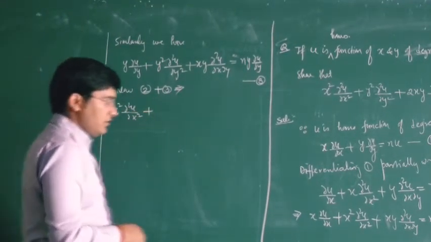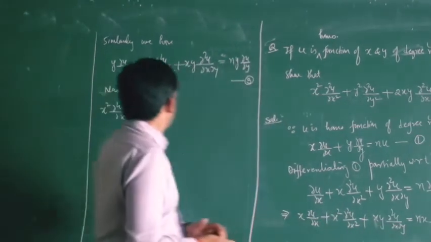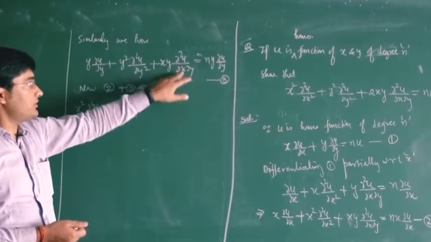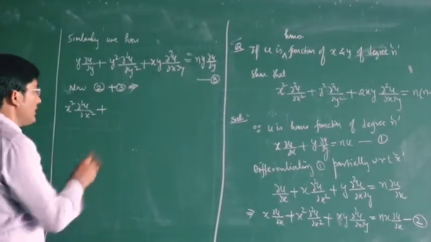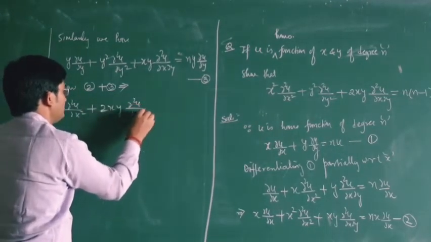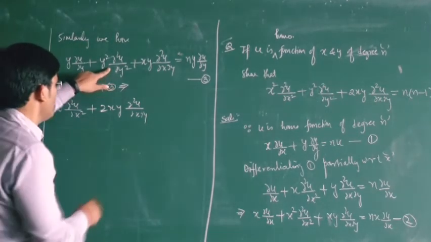Then here we have xy into del 2u upon del x del y, and here you can see that again we have xy into del 2u upon del x del y. So this will be our 2 times, so we have 2xy del 2u upon del x del y. Then this term is y square del 2u upon del y2,